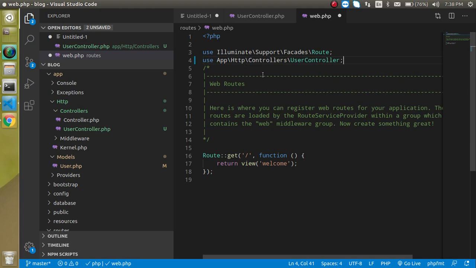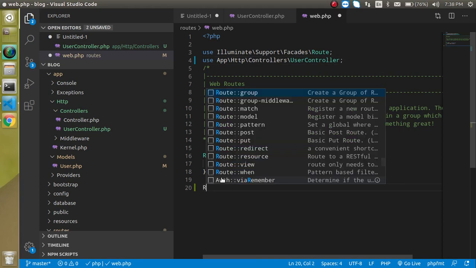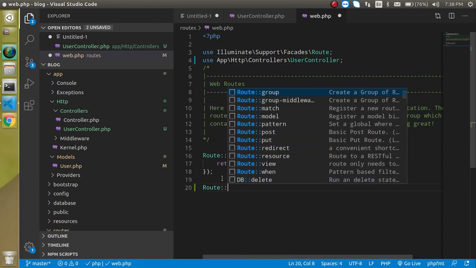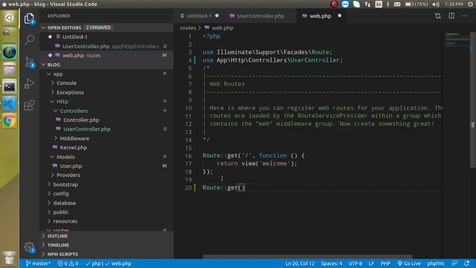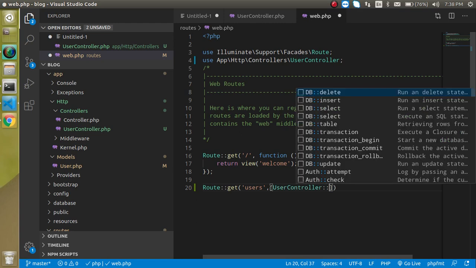Yeah, that's it. And now let's define a route, and it will be a get method. First is our URL which is user, second one is the path of our class. So just put here an array with the class name, colon colon class.